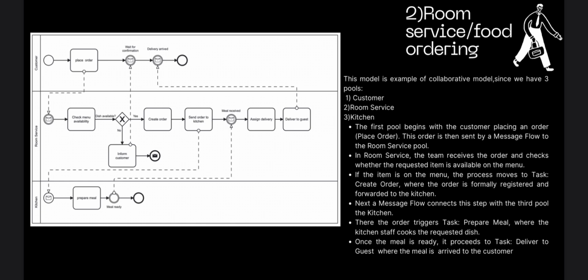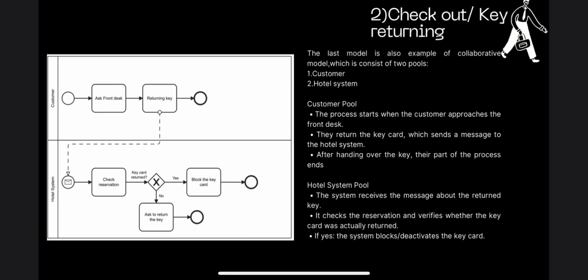Next, a message flow connects to the third pool, the kitchen. The order triggers the task prepare meal, where the kitchen staff cooks the requested dish. Once the meal is ready, it proceeds to the task deliver to guests, where the meal finally arrives at the customer. So the last model is also an example of a collaborative model, which consists of 2 pools, which is customer and